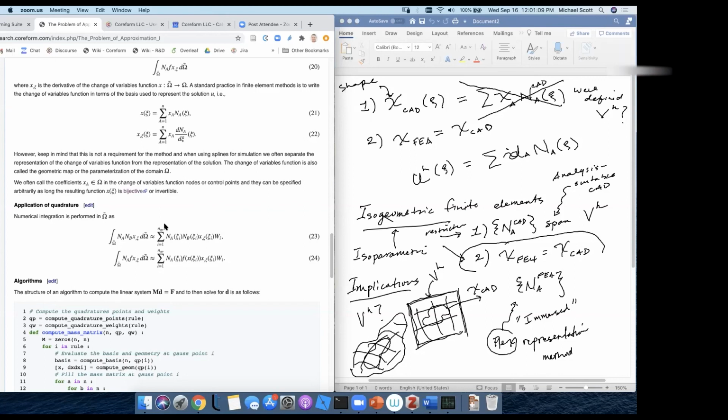The second, it can be all of the above. In other words, you can do anything you want with that geometric mapping, whatever is most convenient for the workflow that you need to implement. If you need to make meshing easier, then pick a mapping that makes meshing easier. If you need really tight accuracy on part of your model, then make part of it a really nice, beautiful mesh, and then for the rest of it, don't worry about whether you fit to the geometry. The point is as soon as you conceptually break free from thinking that there's this requirement on how the mapping relates to the method,